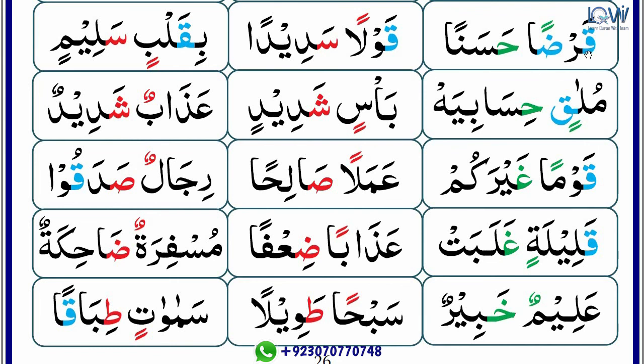Qaf is a musta'ali letter, that's why we have to read it with a thicker voice. There is zabar before this ra sakina, that's why ra will be read with a thicker voice. Dad is a musta'ali letter, we have to read it with a thicker voice. And the alif can't be read if we read this word with spelling. There is a halki letter after tanween, that's why there is izhar and without gunna. Let's read it with spelling.